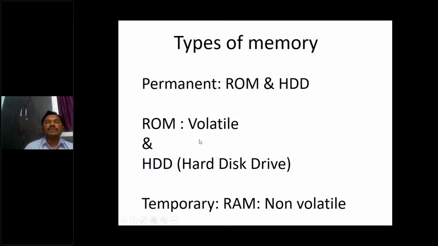Whereas RAM is called volatile and ROM is called non-volatile. What is volatile and non-volatile? ROM is a permanent memory. Even if there is a power failure, there is no loss of data. But RAM is volatile. If there is a power failure, data is lost. This memory cannot retain whatever you are currently watching, which is stored in this RAM memory. Why? We will see one by one.